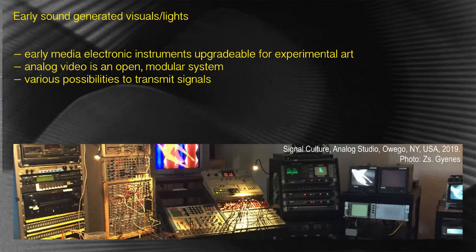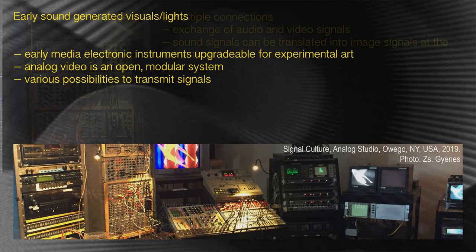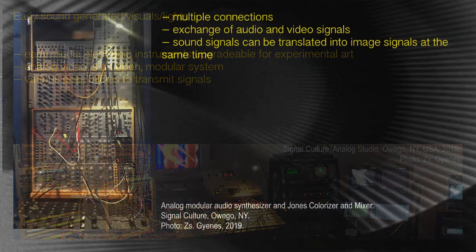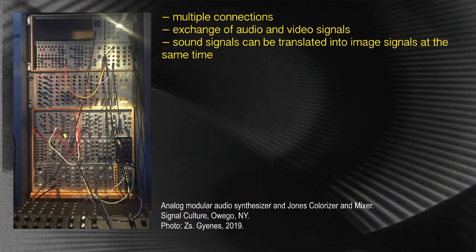The early media electronic instruments, like PAC-AB or Wobbulator video synthesizers, due to their specific features, have proven to be particularly upgradable for experimental artistic development. Analog video is an open, modular system consisting of different components. For example, there are various possibilities to transmit signals. The processual structure of video allows multiple connections of the devices as well as the exchange of audio and video